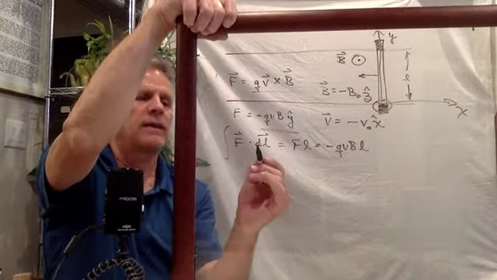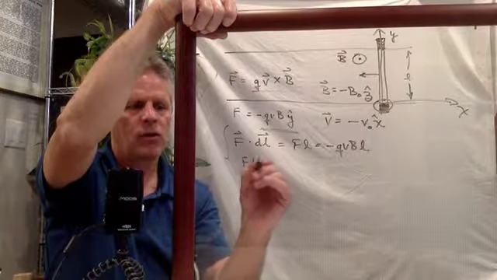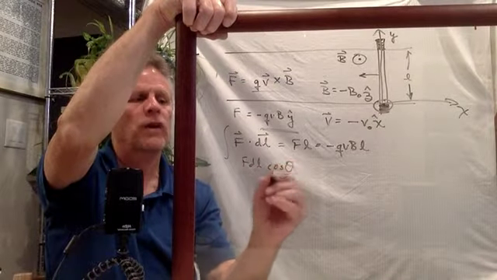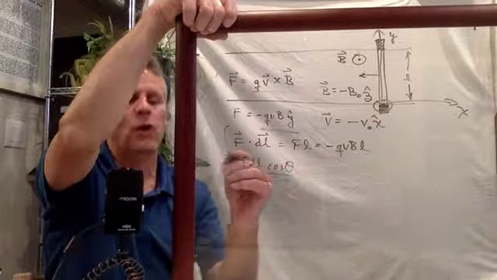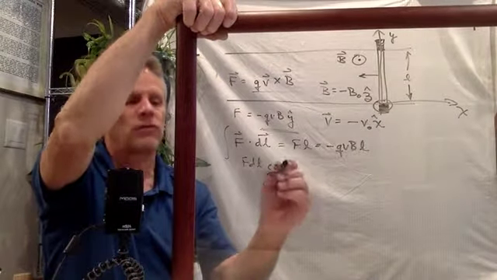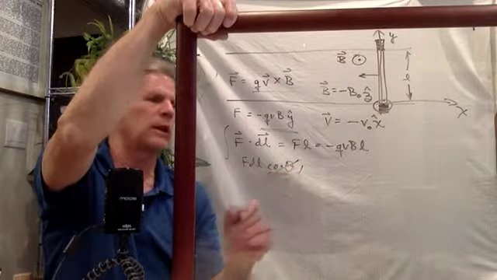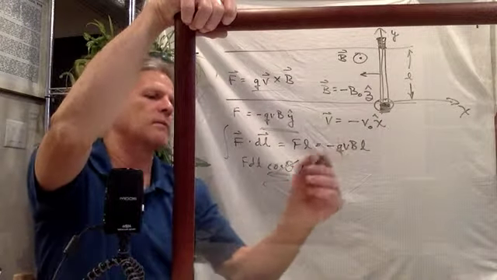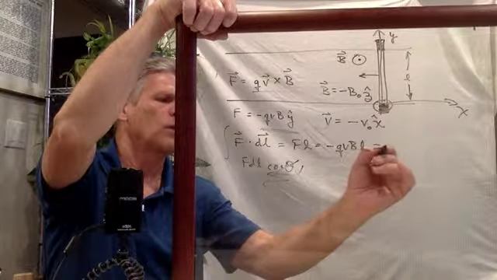And the dl is also a dy, so it is F dl cosine theta. Cosine theta also does not change, which is why we're able to take everything out of the integral. So cosine theta doesn't change, and not only does not change, but it's equal to 1, so we can ignore it. Okay, so this is it. This is the work done